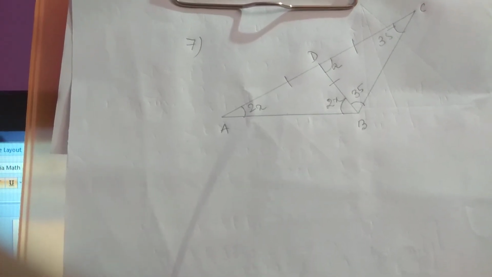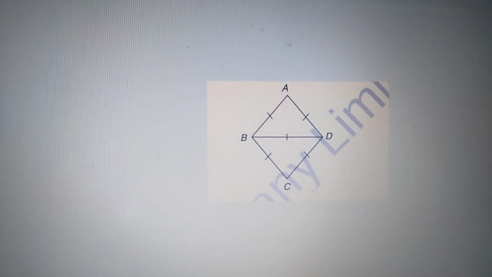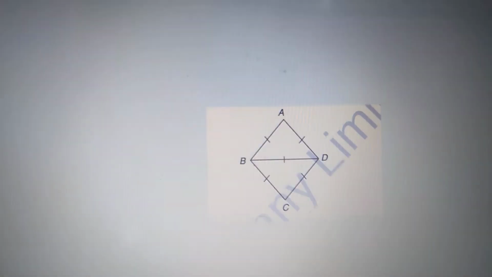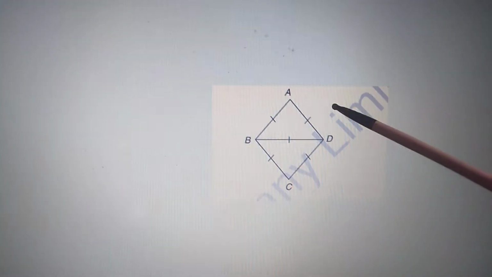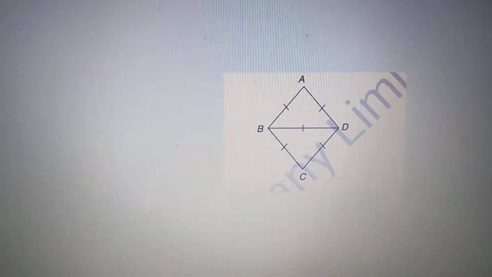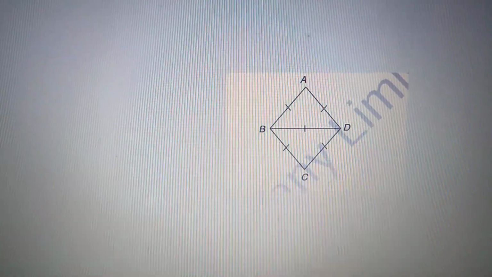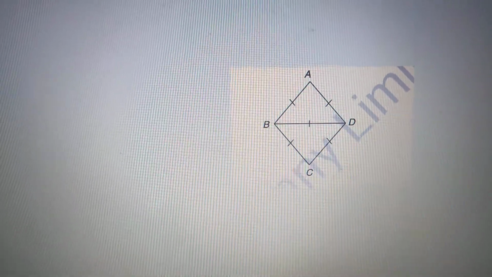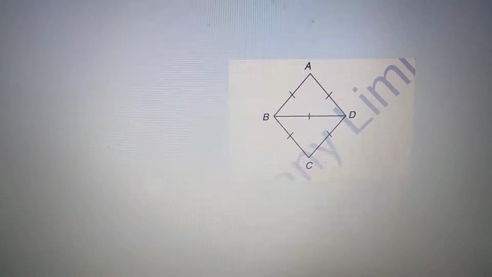Okay. And now we are moving to the last problem of this exercise. So let's have a look. In the last question, it comes with an equilateral triangle. You can see ABD is an equilateral triangle. Question may come in your mind how it is equilateral. If you look at the figure carefully, you will find that in triangle ABD, all its sides are equal. So ABD is an equilateral triangle. Similarly, BCD is also an equilateral triangle.